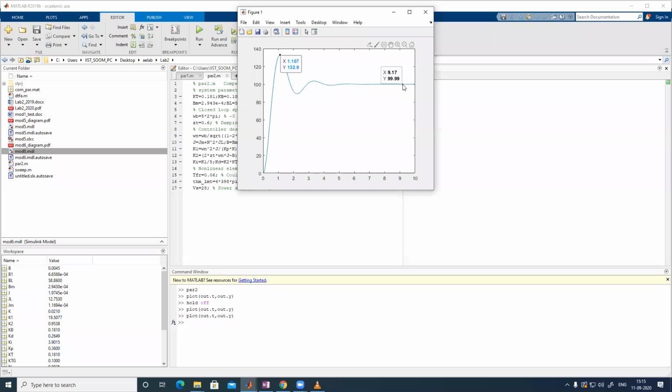The percentage overshoot, settling time, rise time, everything remains as it is. So it will not change with the input. That is called a linear system. Whether you take a 1 volt input, 100 volt or 1000 volt input, the step response will be the same. That is the peculiarity of a linear system. If you give a 1 volt sine wave or a 10 volt sine wave, the sine wave response will be the same, and the frequency domain Bode response will be the same.